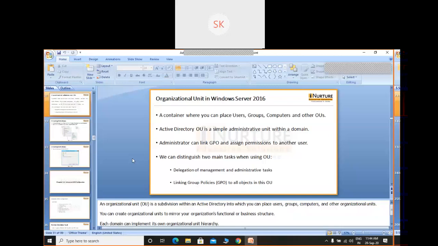See, GPO, Group Policy Object. First of all, you have to confirm what is group policy. You have the clear view or not regarding group policy. First of all, confirm this one. Sanban, what is policy? Can you tell me?